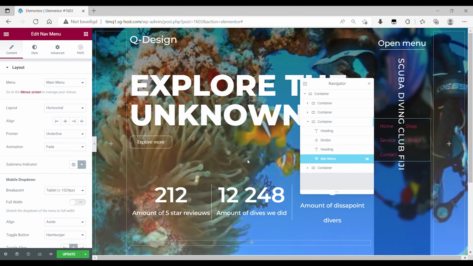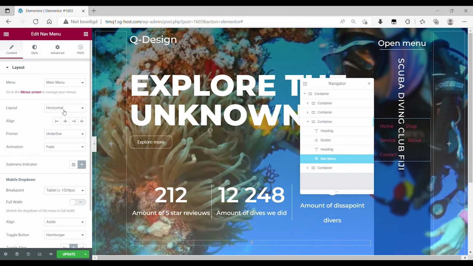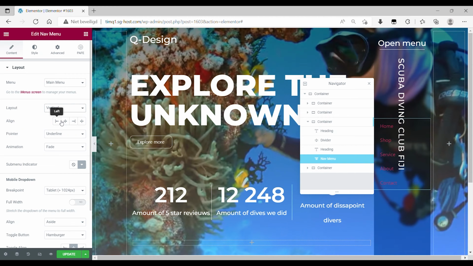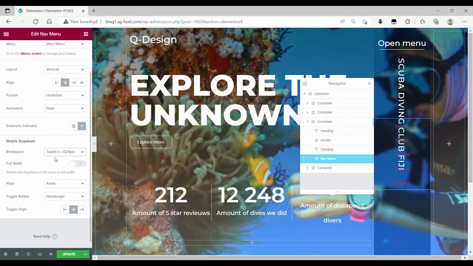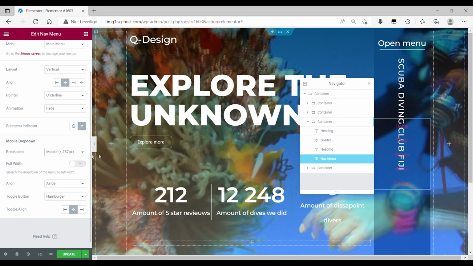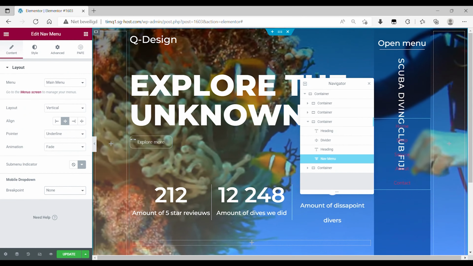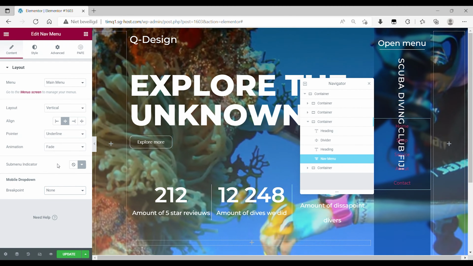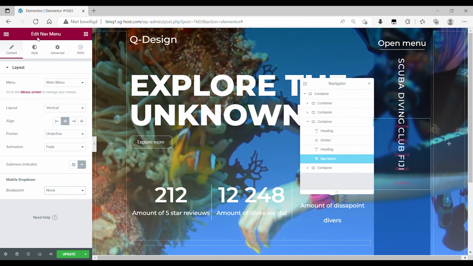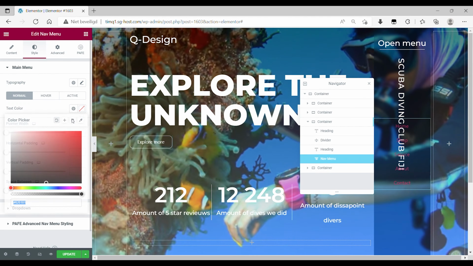And now it's under heating. So main menu. The layout is vertical. We want alignment at center. This design is for desktop devices, so you can put out the breakpoint, go to style, the text color